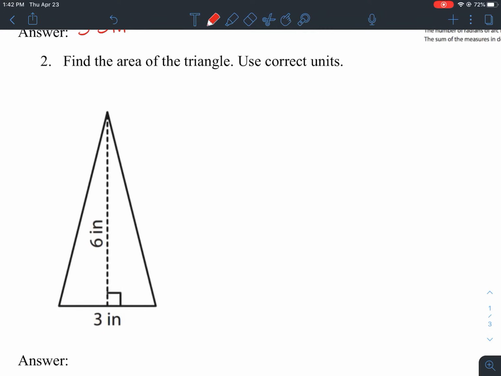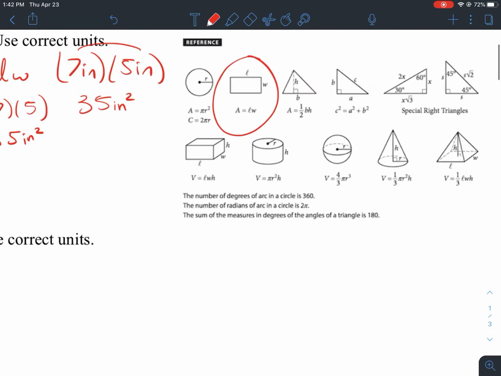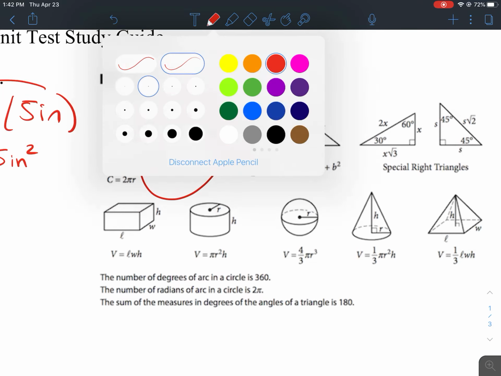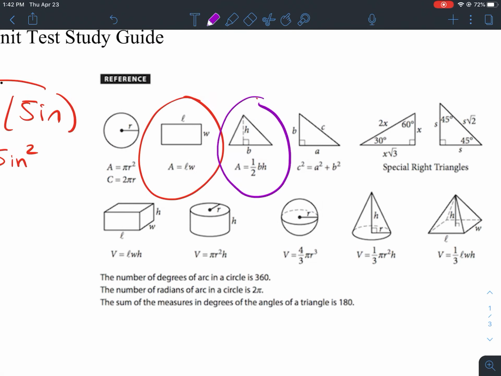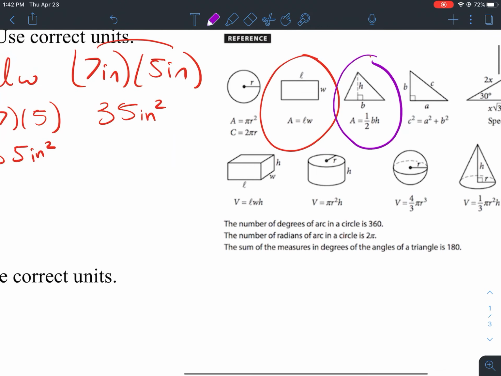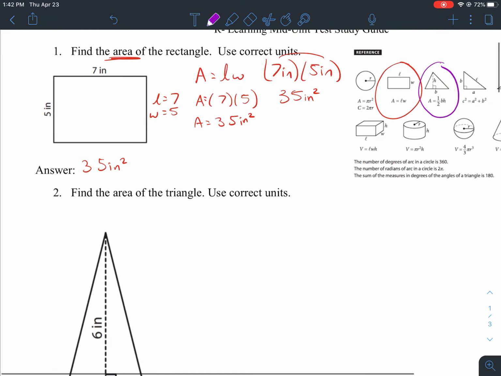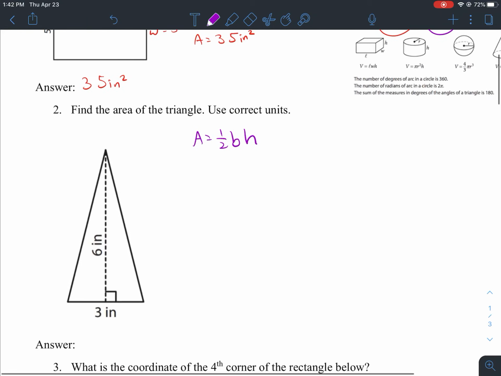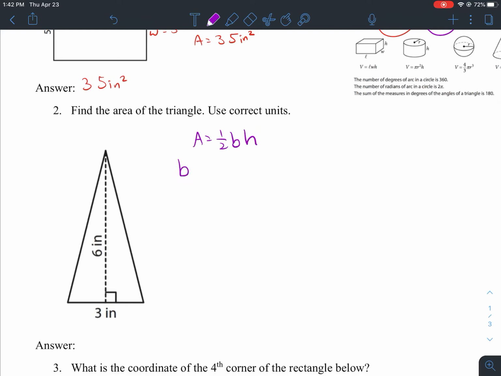The next one, it says find the area of the triangle, use correct units. So if we look here, the SAT formula sheet also has area of a triangle. So we're going to use area equals 1/2 base times height. So if we look here, our base is 3 and our height is 6. So we could go ahead and plug this into our formula. We get area equals 1/2 times our base, which is 3, times our height, which is 6,